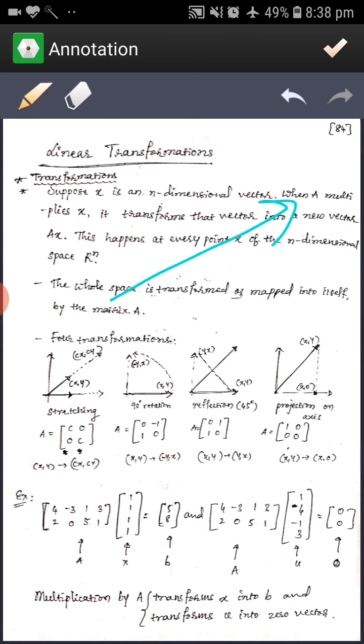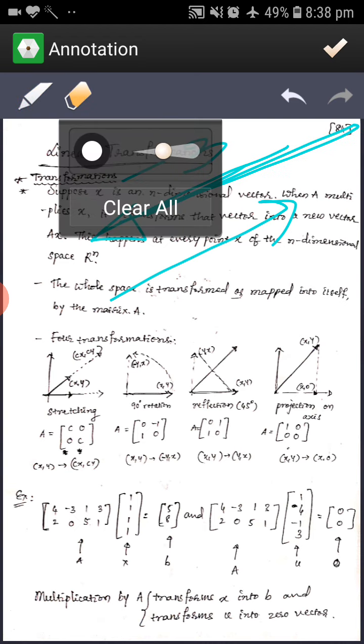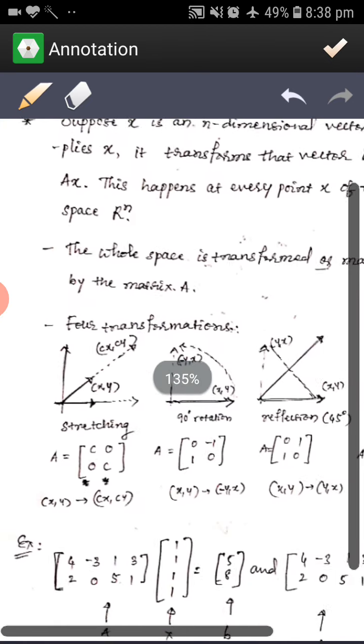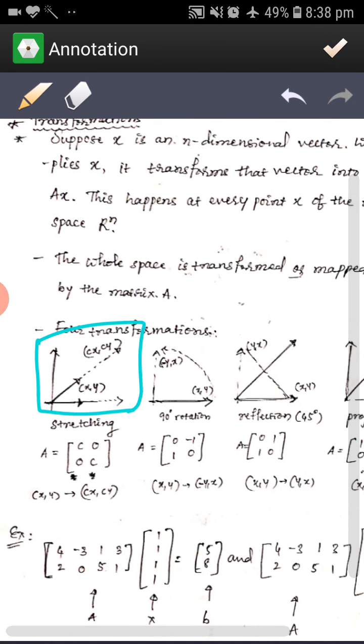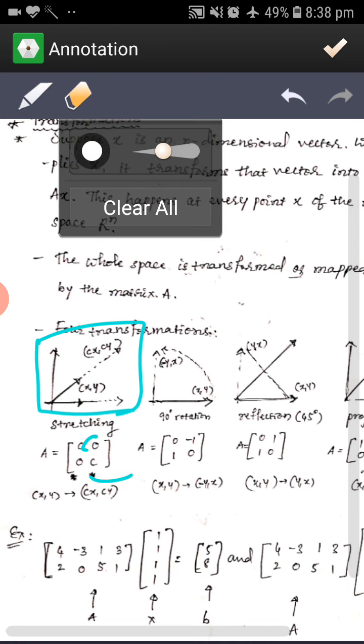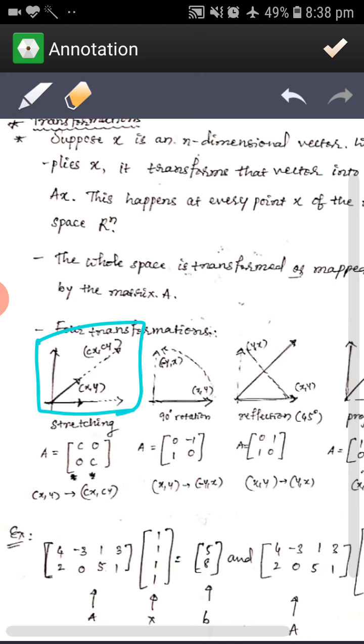If it is negative, then it goes to the negative side. If 1 is multiplied with minus 3, then it will be in the same line in the reverse direction. That we call stretching, what we are seeing in the first diagram. For the identity matrix, if you multiply it with a constant, the matrix will look like this, and mathematically we can represent it like this.